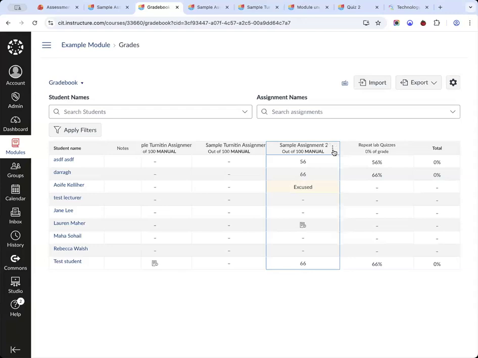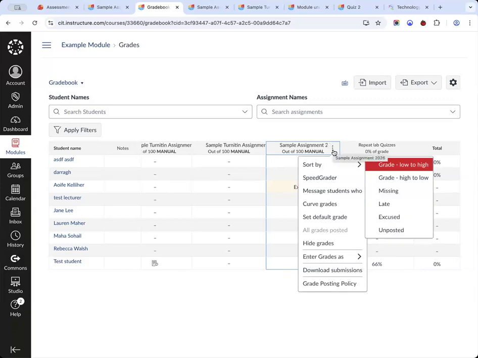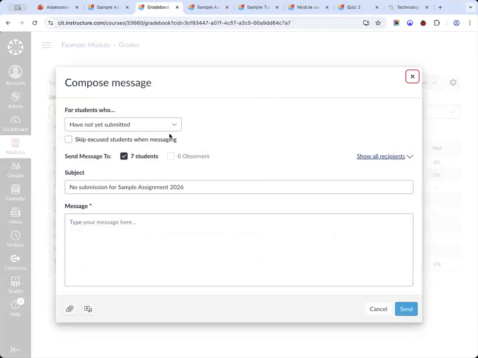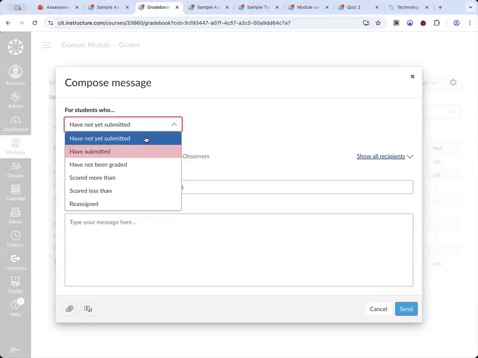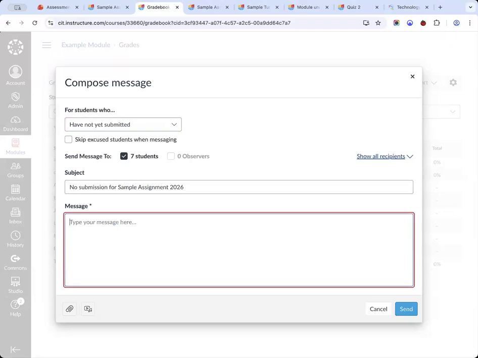The gradebook has one or two other useful features. Something which you can do, for example, is let's say it's after the deadline, there's some students who haven't submitted, but I don't want to email every single one of those individually. So if I click on the menu icon for this particular assessment, I can click message students who, and that will pull up this additional option, which is I can send a message to students who have not yet submitted, or who have submitted, or who haven't been graded. So for example, students who have not yet submitted, I might say, hey, just a reminder that this is due,